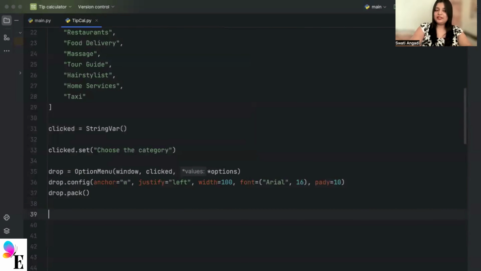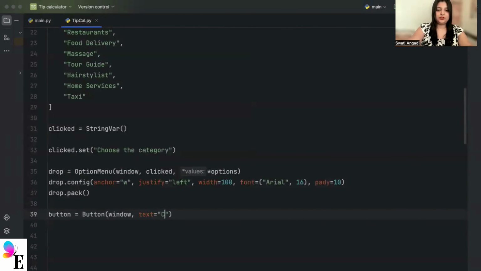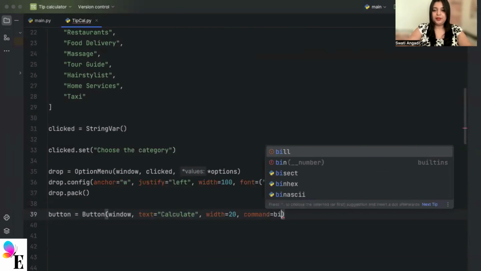Next, when you put all these things inside the bill and choose a category, you need to calculate, right? So let us create a button for that. I'll create a variable button. Inside that, I'll call button. This button should be placed inside window. And the text of the button should be calculate. Again, it's your choice, whatever you want, you can put. I'll put the width of the button as 20. The command inside the button should be bill